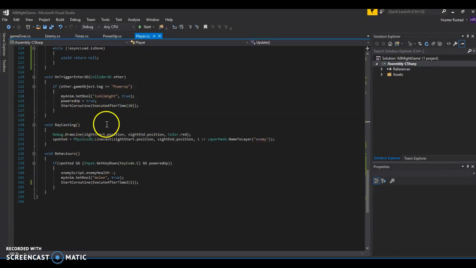Here is the raycast, and here are the behaviors for the player. The raycast just makes a line, so I can see if the enemy is in range of the ranged attack. And the behaviors are if spotted, so this is just the ranged attack right here. If the enemy's within range and you press C, then the ranged attack